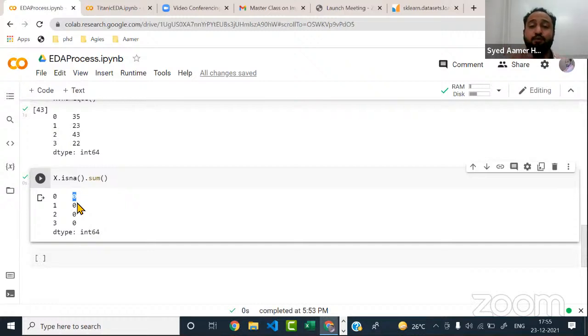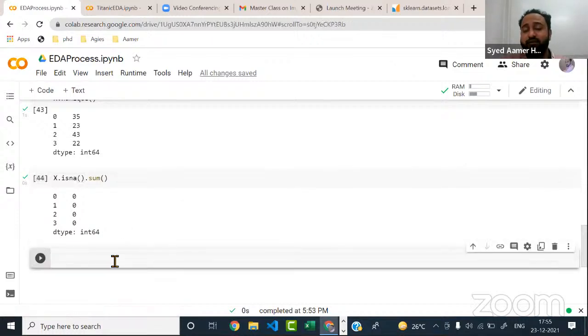EDA is simply to explore your data, right? You are just exploring your data in terms of describe, or just checking how mean, median values are, how your data looks like. And from this function, you're trying to get how many null values are present in your data set. So far, so good. Understood everything, guys? Now, there's one more thing called correlation. I told you we can find correlation. So there is a function in pandas that will give us correlation directly. The function is corr. Simply check it out.